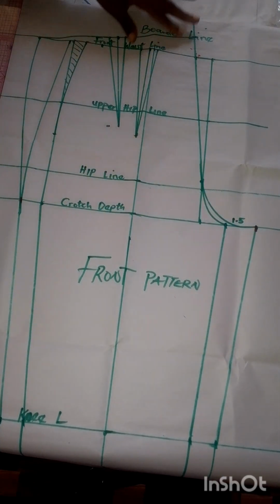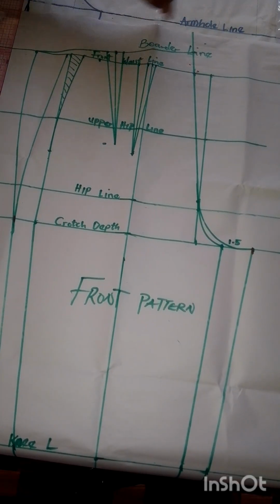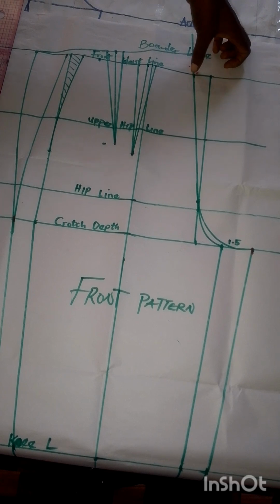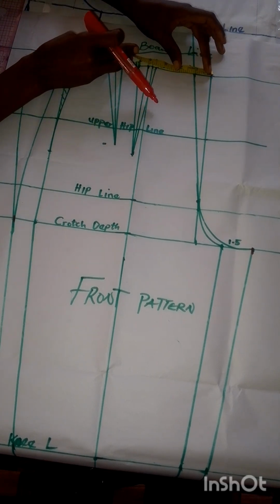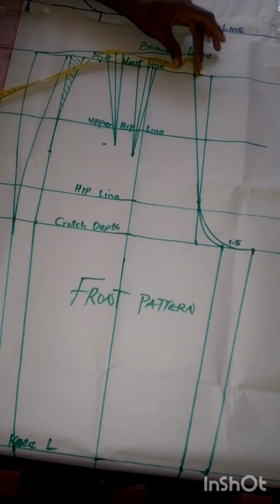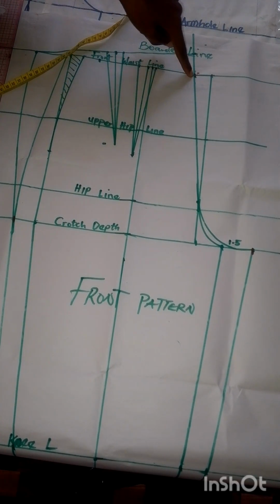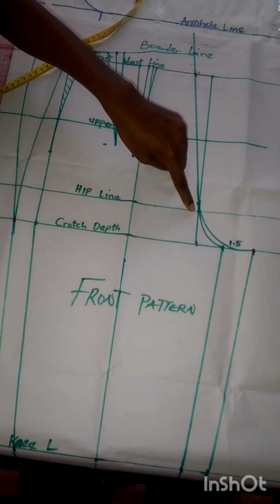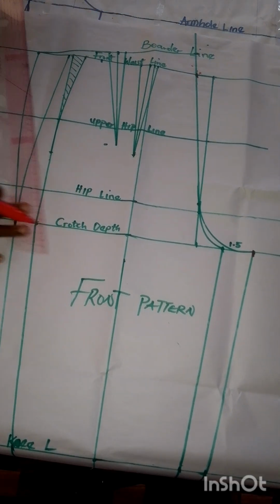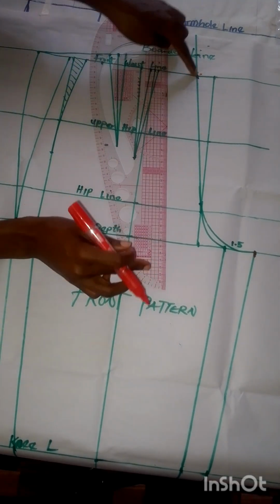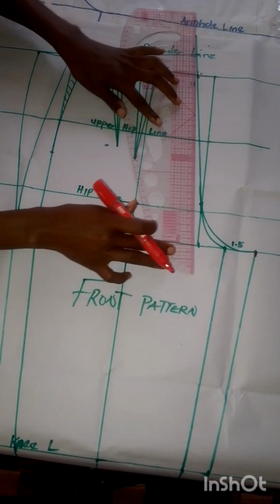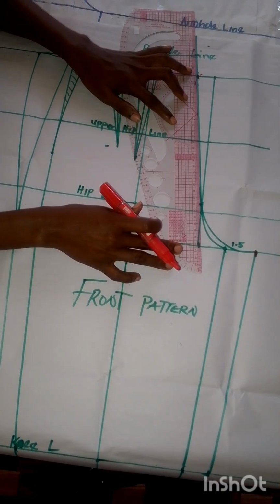Okay, then we are going to come to the waistline. From the front pattern, we are going to come in by 1 inch. So this is our 1 inch here. So we are going to be connecting this 1 inch to the hip line here on this crotch line, like so. While we are connecting, we need to make sure that the line extends to the end of the paper at the top. So we are going to connect it